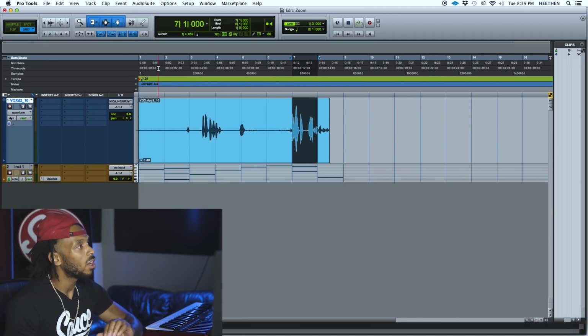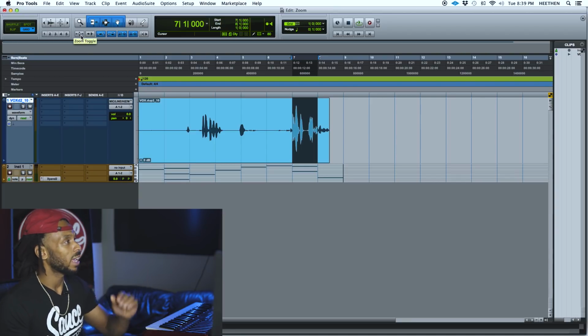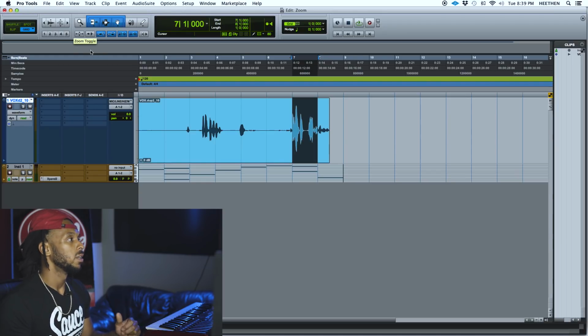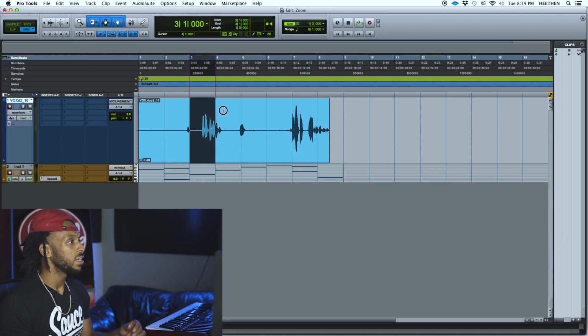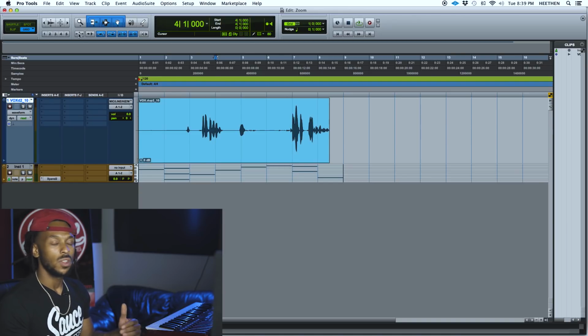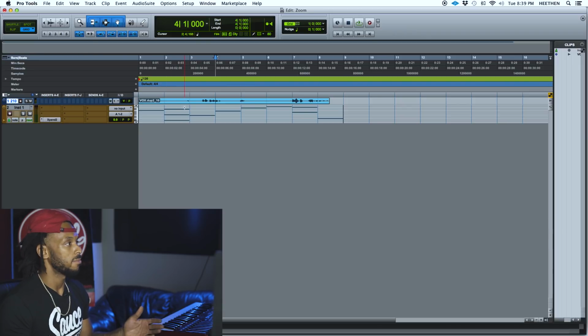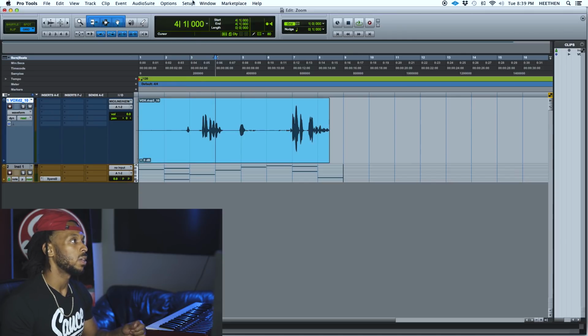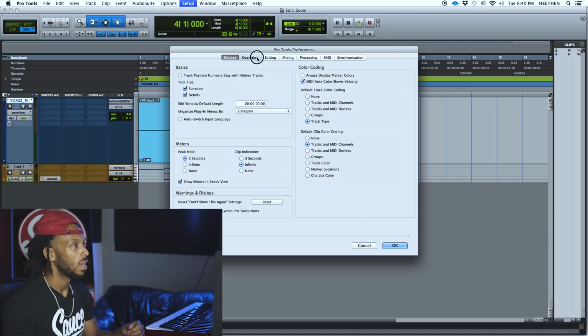Now, there is also right beneath the zoomer tool this little zoom toggle button, right? It kind of looks like crosshairs, and that's zoom toggle. The way zoom toggle works is that you simply click on zoom toggle and it will take your screen to a preset zoom state. Now, whatever that zoom state is, you save it by going to the preferences. And right now my zoom toggle is obviously making my track smaller instead of zooming it in. So I can change that by going up to the setup menu, preferences,